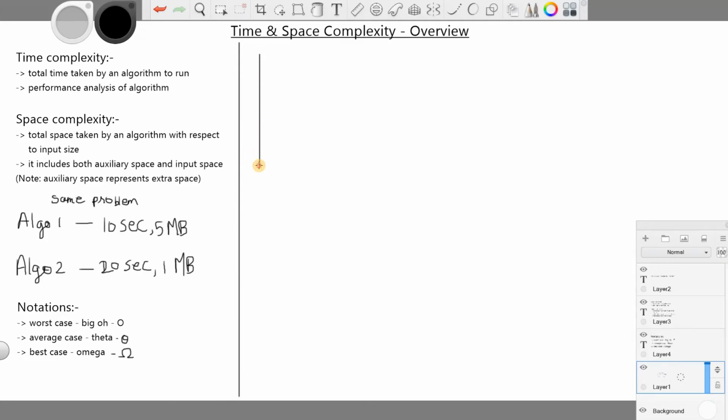So I'll just draw a diagram. Let's consider the x-axis as input size, and the y-axis will be time or space.